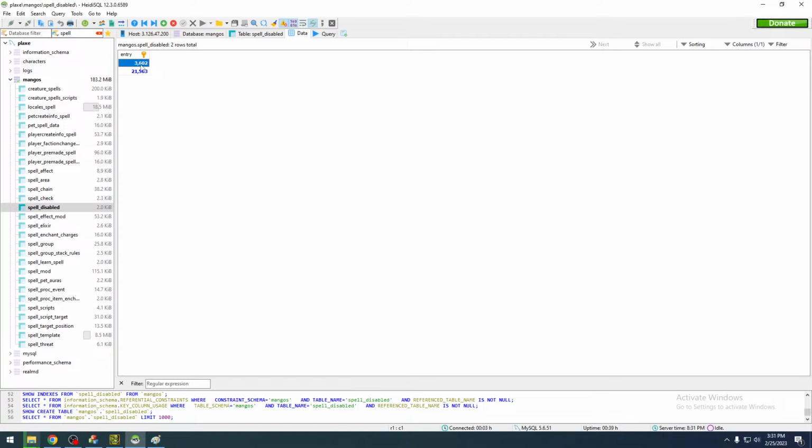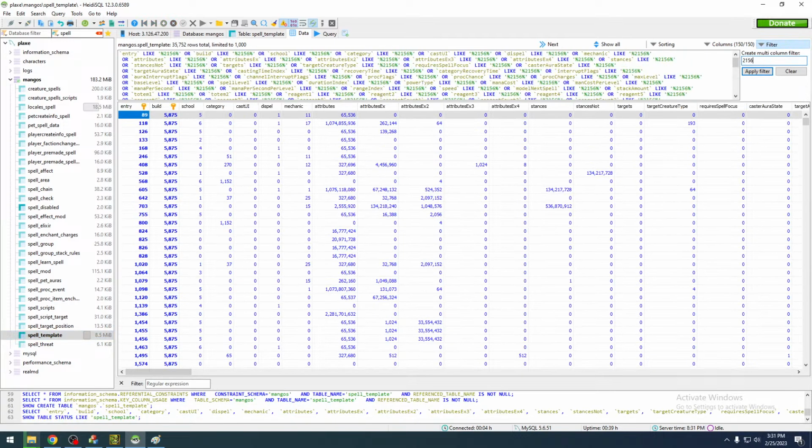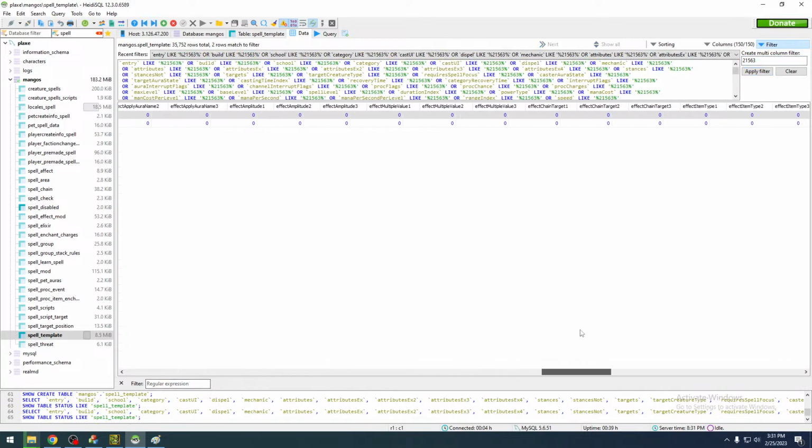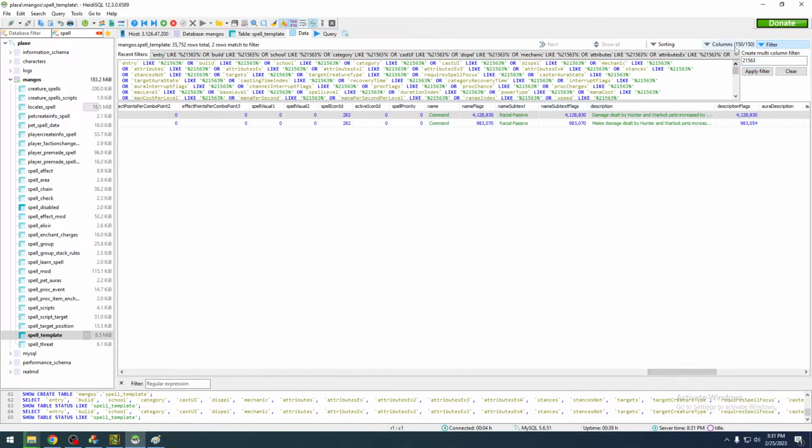That's how the spell functions, but because it's an activatable ability, you can actually cast the ability yourself, which obviously you're not supposed to be able to do. So the spell disabled table has it as an entry to prevent the player from casting it, but they'll still gain the effect. Spells listed within spell disable cannot be triggered by players. GM accounts can trigger them, and I can't remember what the other one is, 21563. We can take a look at the template though, find it. Pretty sure it's like, it's not Curse of Doom, but it's something like that. Okay, no, that's the Orc Command Racial, and the other one was